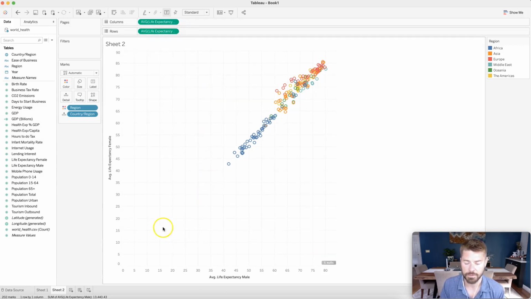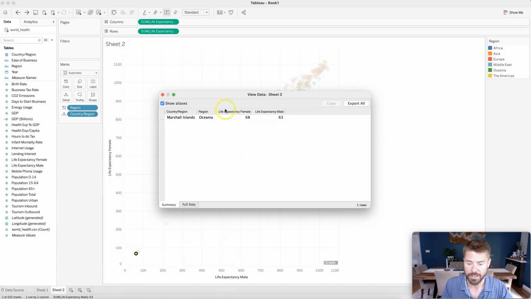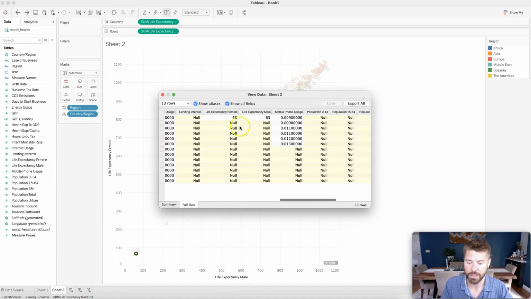And notice it really has changed the shape of the data set. So notice there were some pieces down here that had some very low looking values. And you might say to yourself, wow, the Marshall Islands, yikes. Like they're doing so much worse than the rest of the world. And if we look at the data set, the reason this is happening is because there are fewer values. So if we go over to life expectancy, they only reported their values in one of these 12 years or